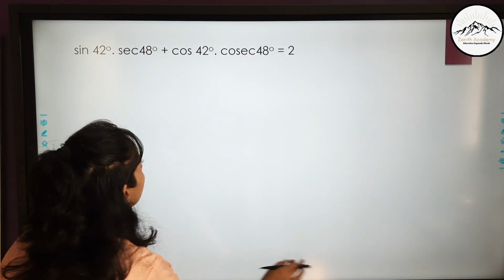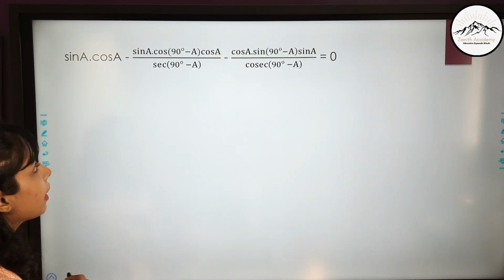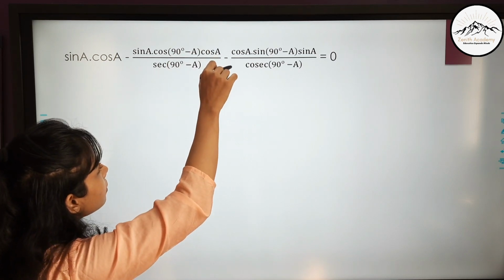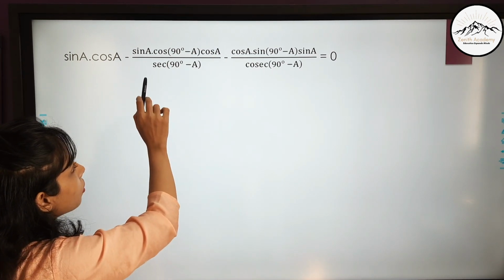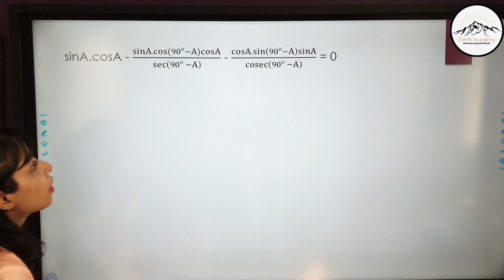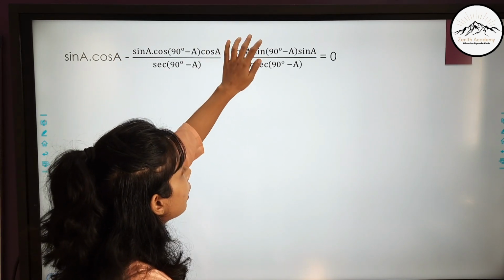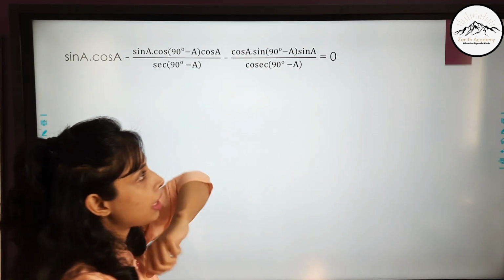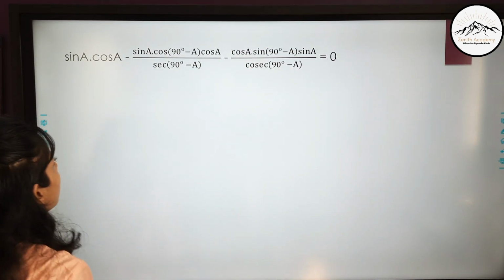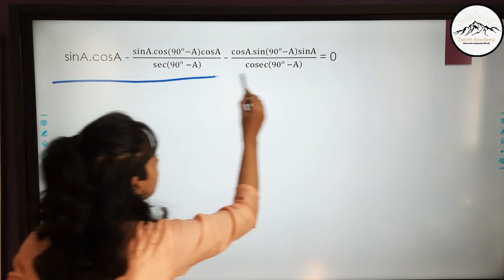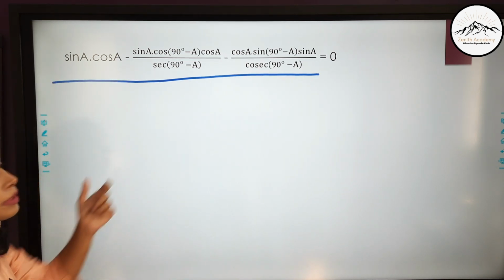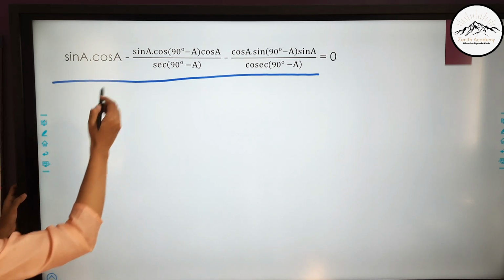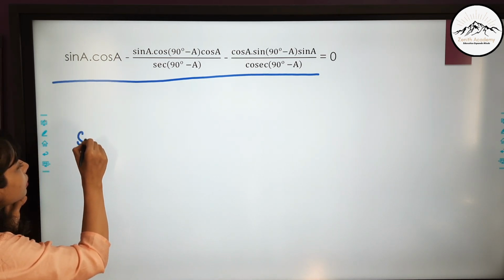Let's move on to the next question. Sin A cos A minus sin A into cos 90 minus A cos A upon sec 90 minus A minus cos A sin 90 minus A sin A upon cosec 90 minus A is equals to 0. Now I know this is sounding a little bit complicated, but it is actually very easy. Just follow the steps. See, sin A cos A